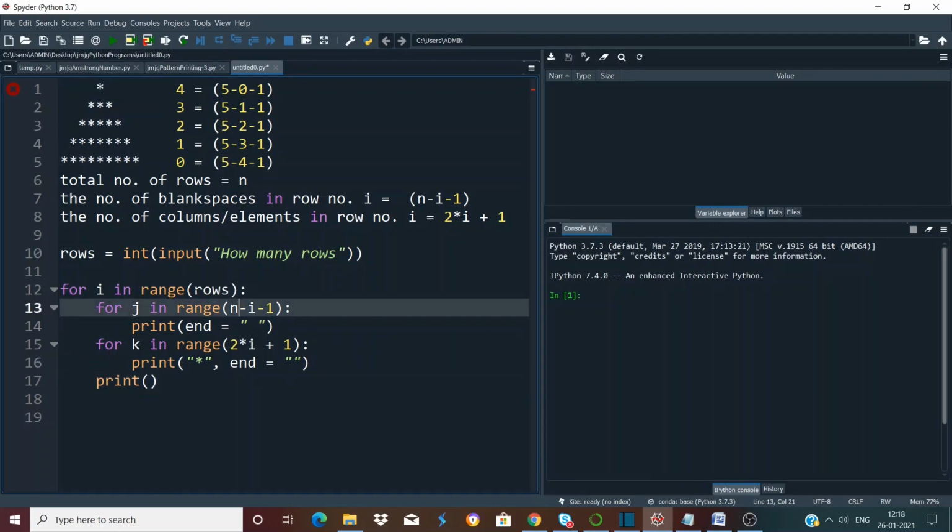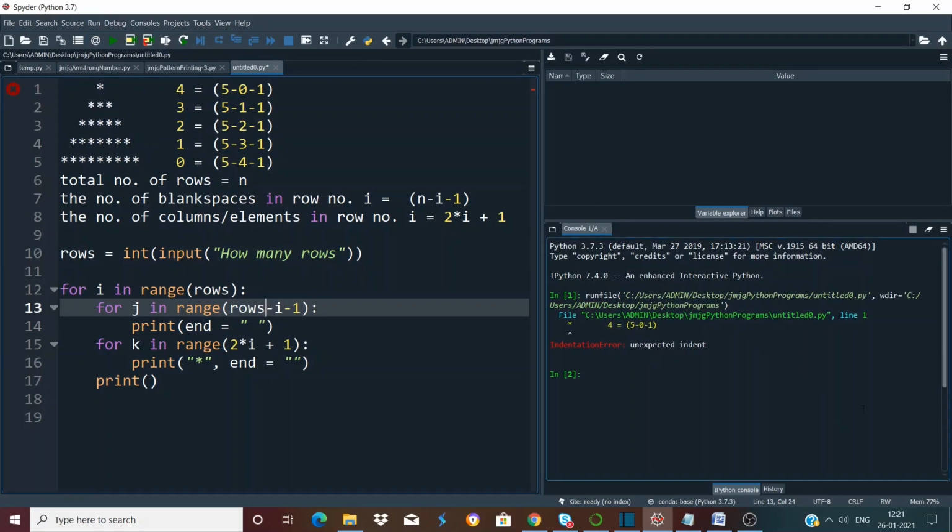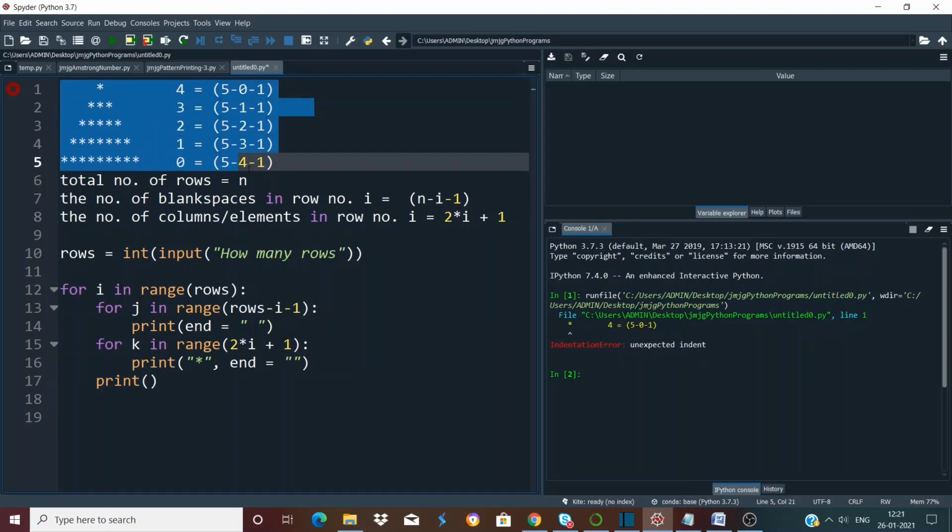Okay, before running the code, we have to do a small modification. Instead of n, as we have taken the total number of rows in the variable rows, we have to replace this by the variable rows, right? Now if we run the cell, if we run our code, okay, there is another error: unexpected indent. Let's see what it actually is. Okay, we have to comment out all these statements.